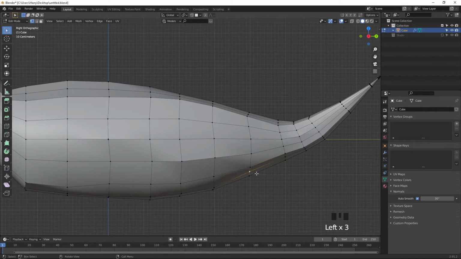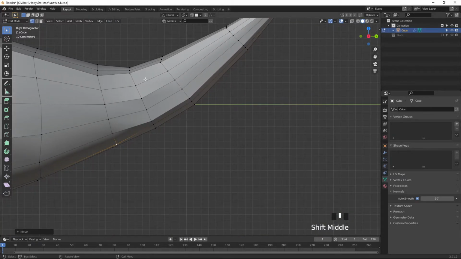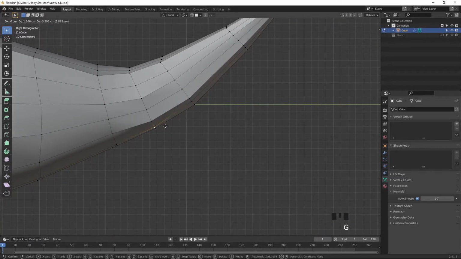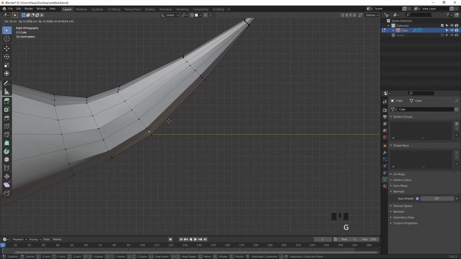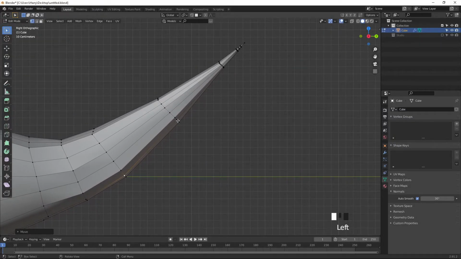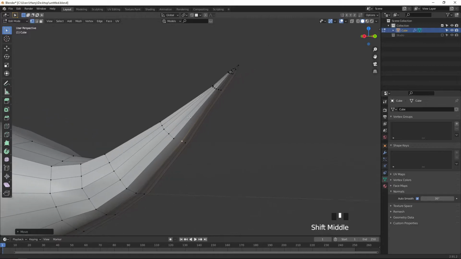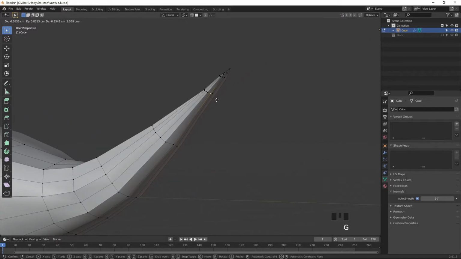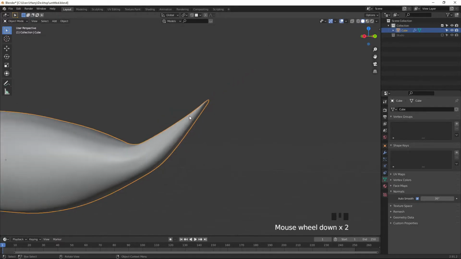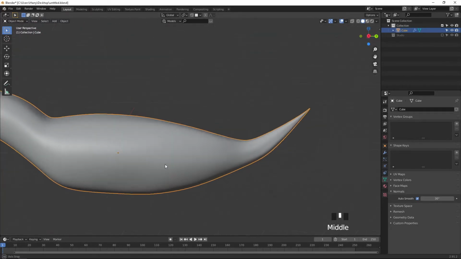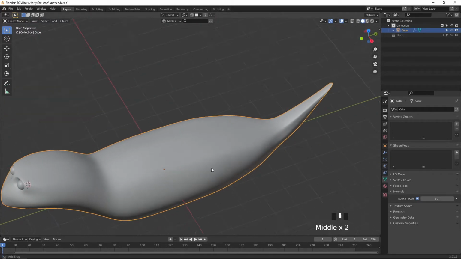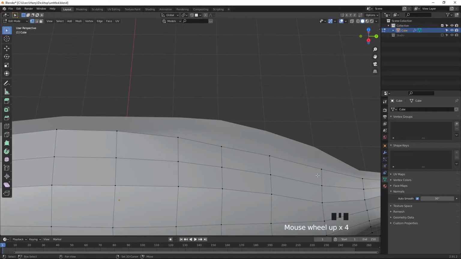So what we are doing is that the shape has been changed due to this one more loop cut. So I am selecting and moving all the vertices which connect till the end of this object. Okay, now it looks better. In top also we have to do the same.